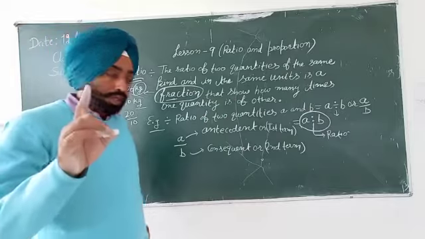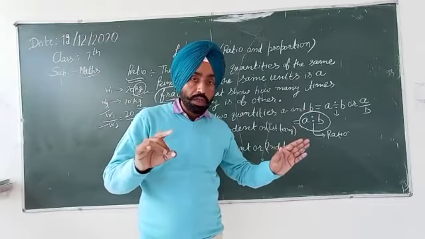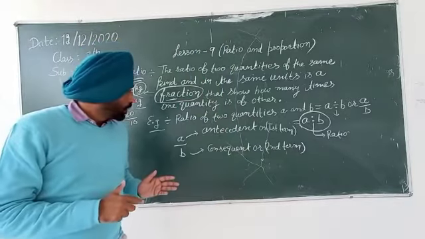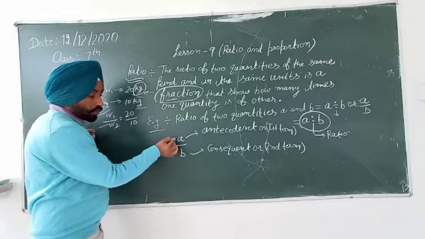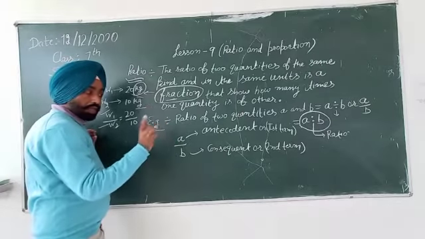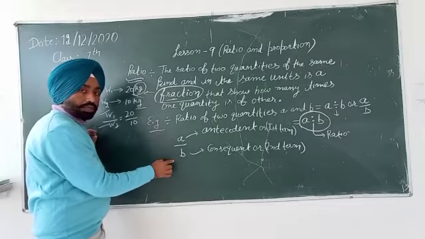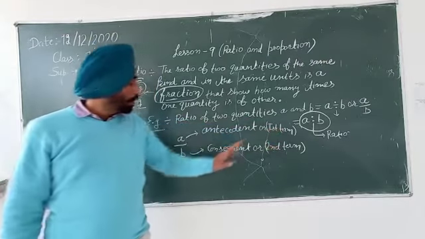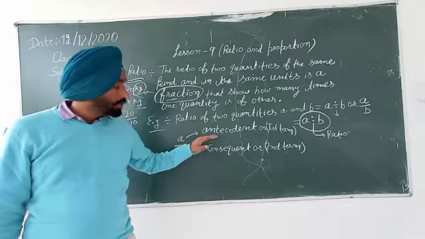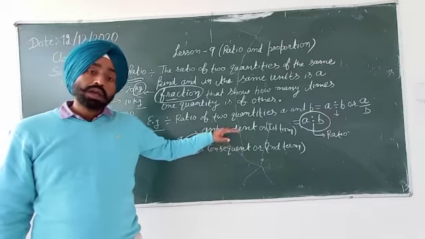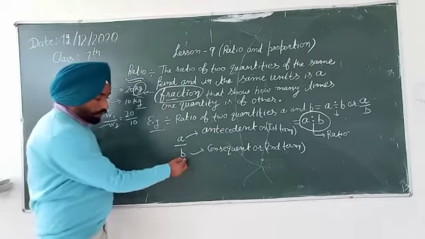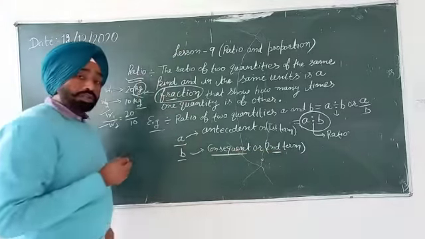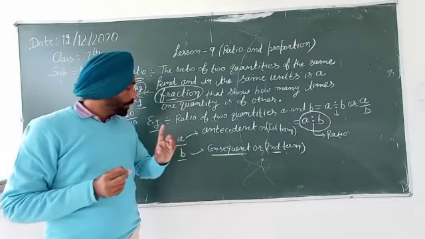Okay. So in a ratio, there are two terms, as like the fraction. In a fraction, there are two terms. One is numerator and other is a denominator. So as like the fraction, ratio has two terms, but here we will not call them numerator and denominator. The upper part is called first term, or it is known as antecedent. And the lower part B is known as second term, or it is called consequent. So these names you have to keep in mind.